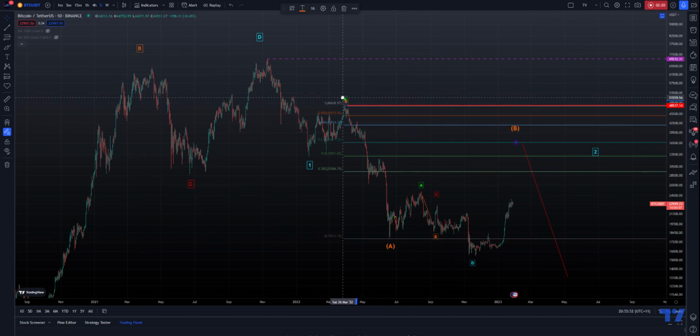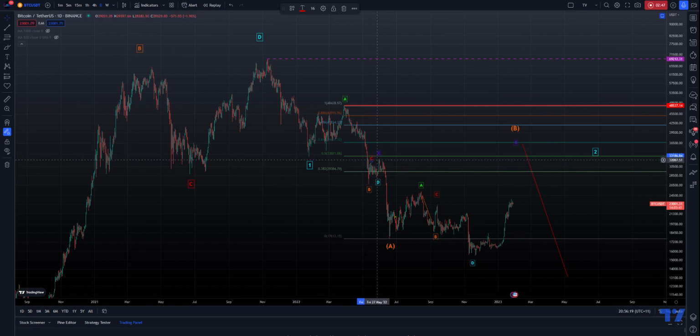So after an A, we need a B. So the next logical conclusion is that this is a B here. Okay, and we had a small CDE pattern, right? Now, this is why I didn't want to present this view before, but I'm doing it now. So here we go. This little area here contains the CDE pattern. It looks like a zigzag,